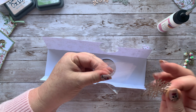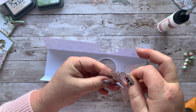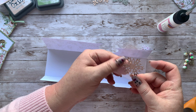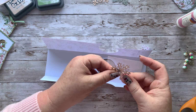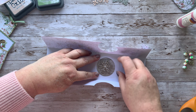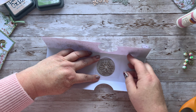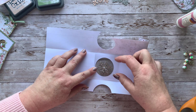So I want to just get this positioned here. Trying to get it, well, you see now I've smeared it, but that's okay. All right, we'll get that there like that. Try not to smear it. It does dry clear, but still. Now make sure you get it around like this, and then I want to just position that over here like this. I think this is narrower than my